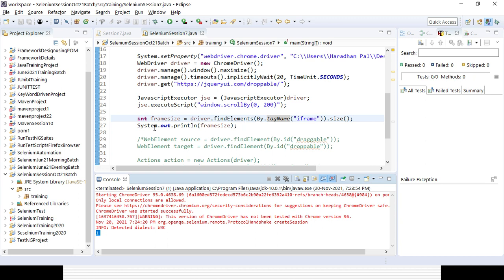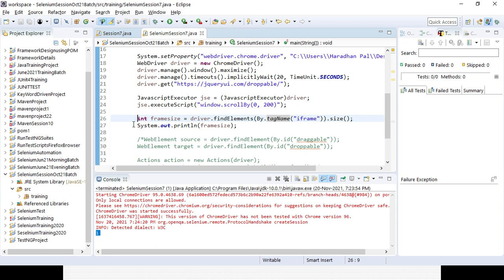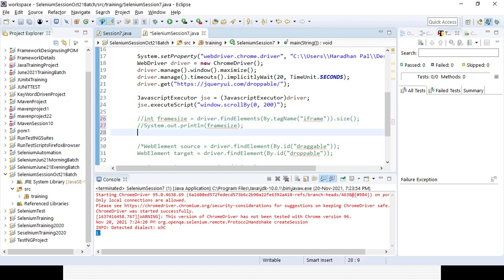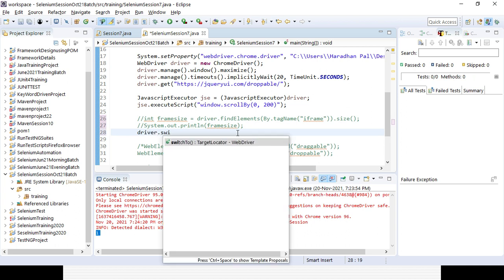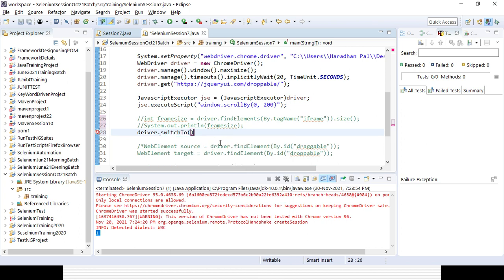Now let's comment out this part, because it is not required; you already know the frame size here. Now how can you interact with the frame? It will be driver.switchTo(), and then .frame.